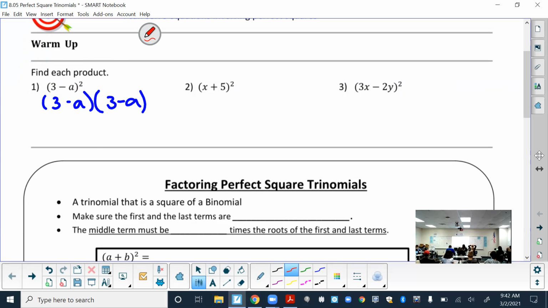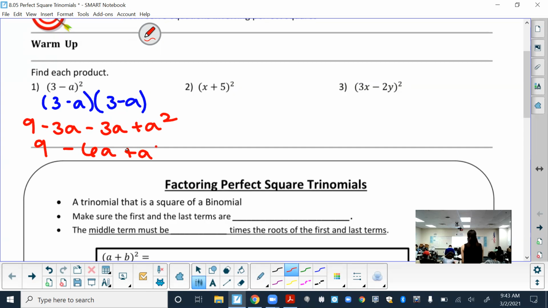So if we FOIL and multiply the first terms, what's 3 times 3? 9. The outer numbers, 3 times negative a. Good, always make sure that 3 goes in front or the number goes before the variable. Inner terms, what's negative a times 3? Negative 3a. And the last term, negative a times negative a. Positive a squared. Good. Any like terms that we can combine? Negative 3a and negative 3a. Good. It's usually the middle terms whenever we FOIL. So those combine to give me